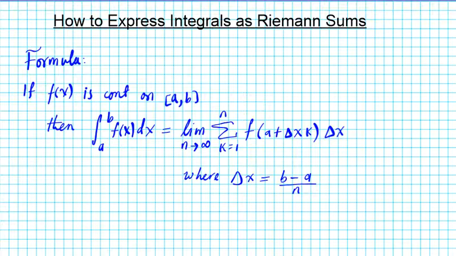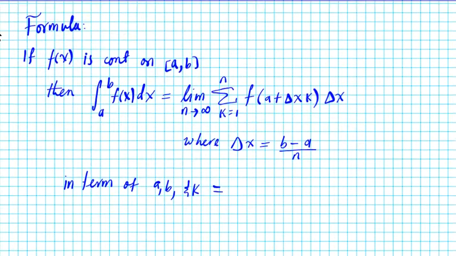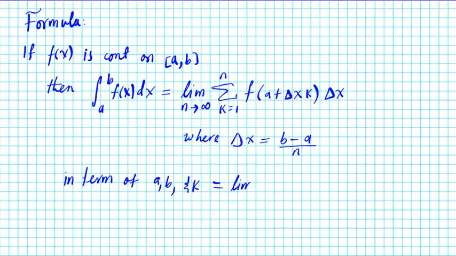Now this formula can be written in terms of a, b, and k. Let's rewrite it in terms of just a, b, and k. If we write it that way, the Riemann sum is going to be the limit as n approaches infinity, basically the number of subintervals that you have, of the discrete sum from k equals 1 to n of the function evaluated at a plus